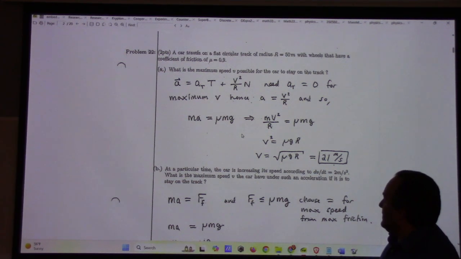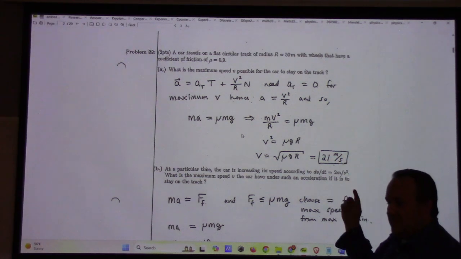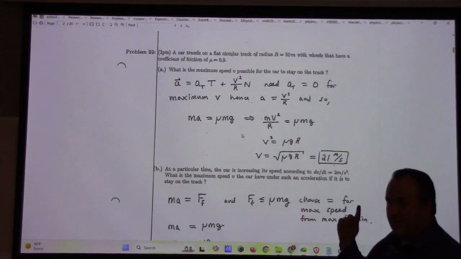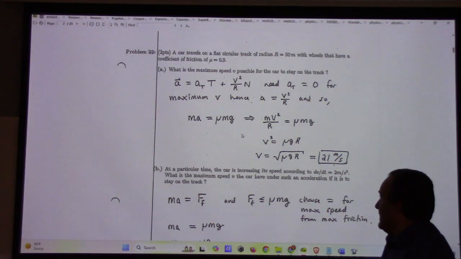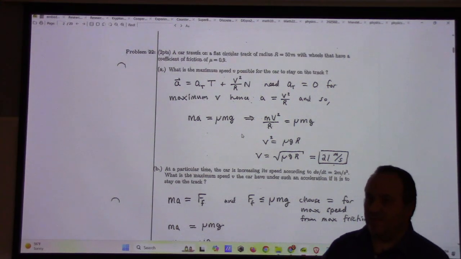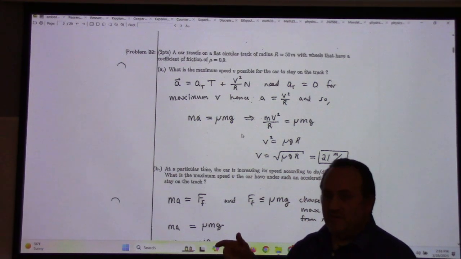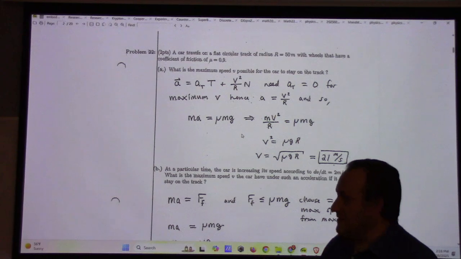All right. Here we have a car traveling on a flat circular track, 50 meters, coefficient of friction 0.9. I guess I should say mu sub s. I'm assuming that it's going without slipping, so that would be the static. I could put a mu sub s there. But on the flip side, at no point have I explained how to solve a problem where the car's wheels are slipping, so I wouldn't even know where to start there. Anyway,